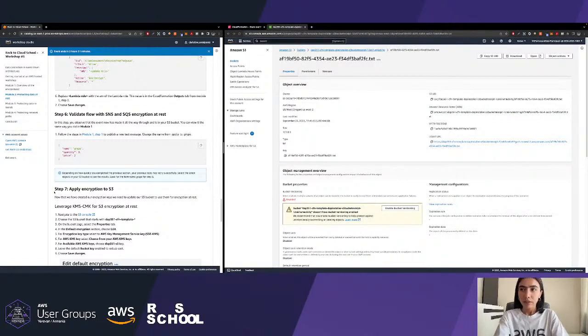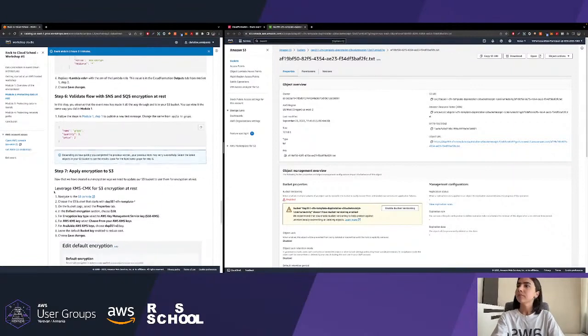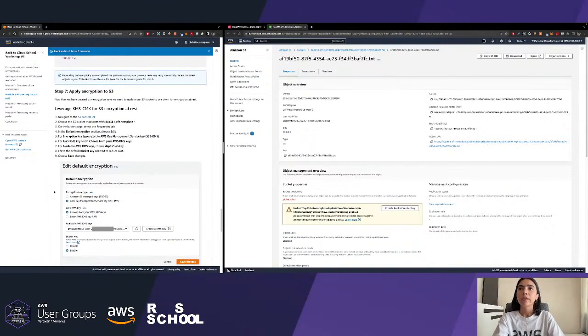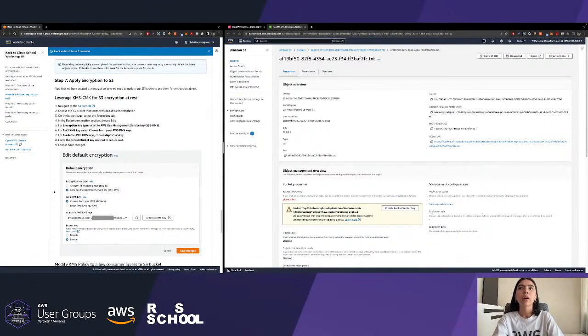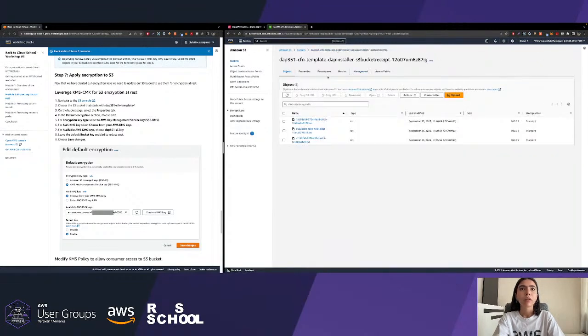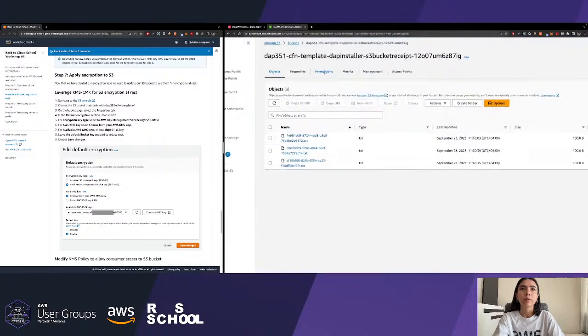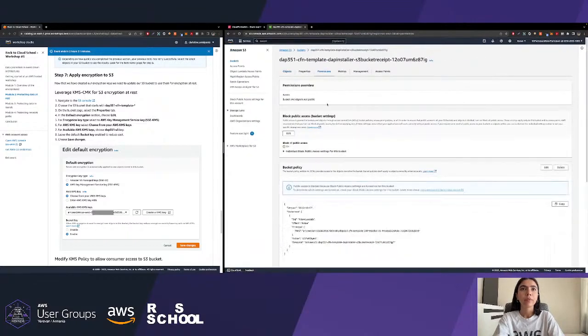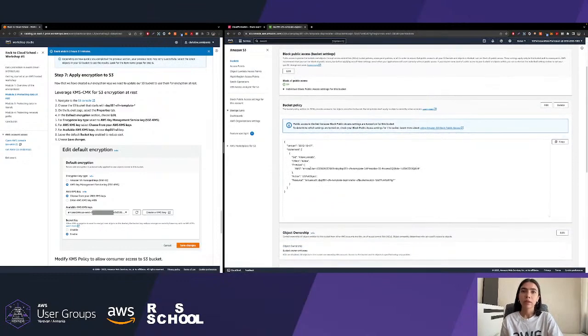Okay, we have come to step 7. Now that we have created the encryption keys, we need to update our S3 bucket to use them for encryption at rest. Okay, so currently we are in the S3. If you go to the permissions tab, you can see that we have a bucket policy for the Lambda.